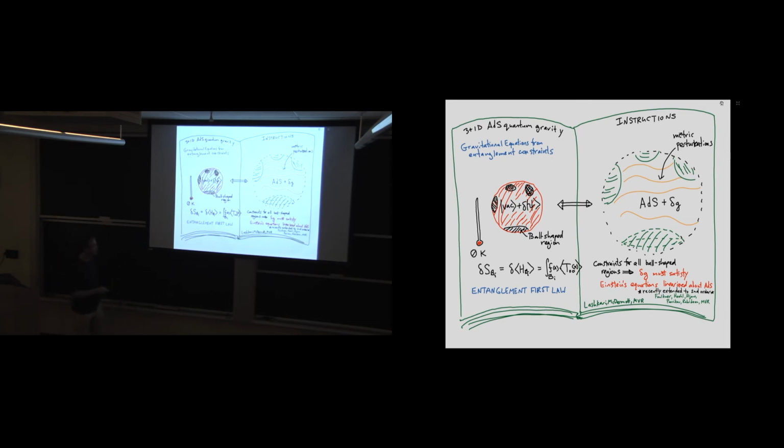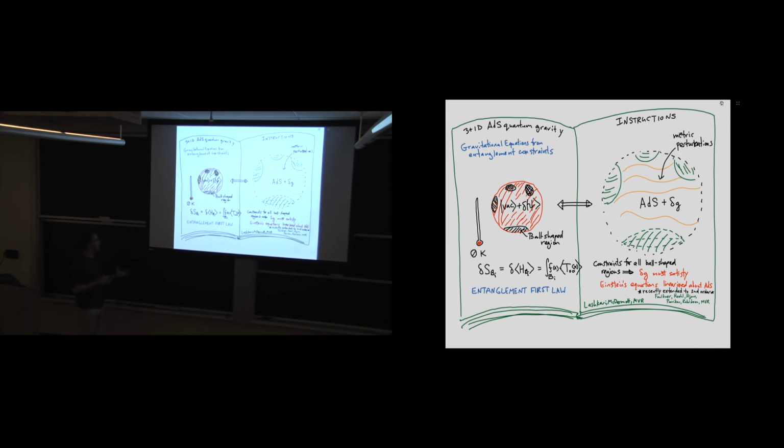So recently, with these people, we thought about this calculation to the next order. Starting from a perturbation to the CFT state, either the vacuum, first order perturbation, or second order perturbation, we can calculate directly the entanglement entropy of such states, for some very large family of states. And then what we were able to show is that